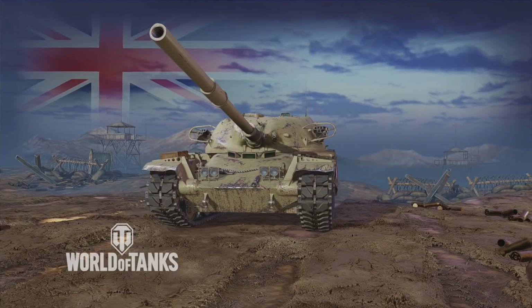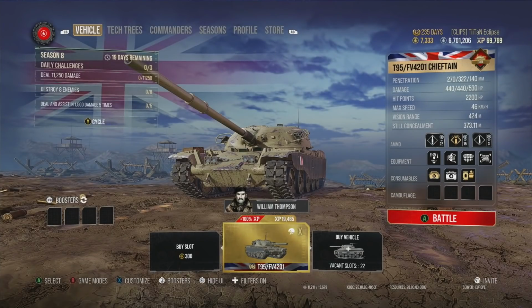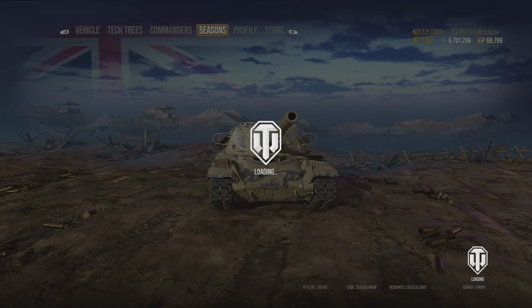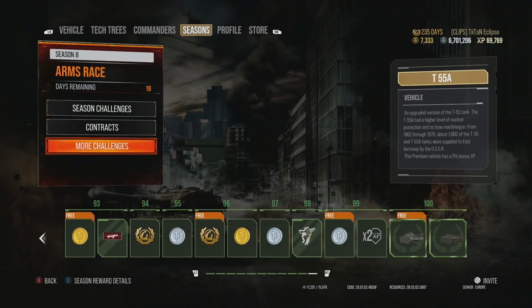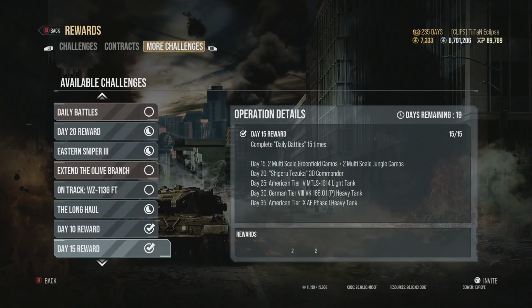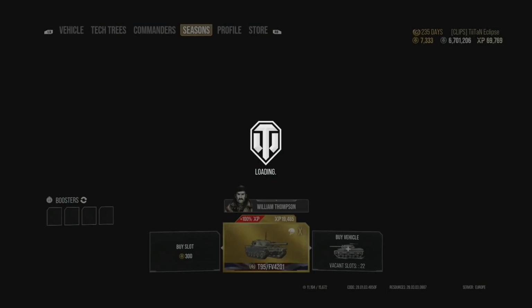Right then guys, it's finally time to take a look at the Chieftain, the Super Chieftain, the T95 FV201. Of course, this was available, or still is I believe, within the challenges. You have to complete, I think, 400 points to be able to actually earn this tank. You only have 5 days remaining within the operation as of the recording of this video, but this one will